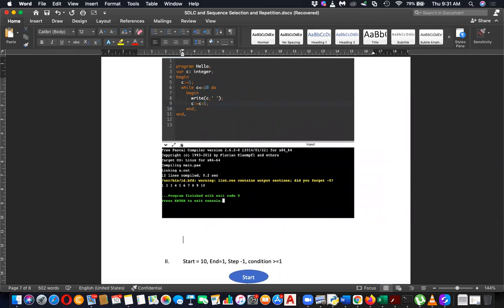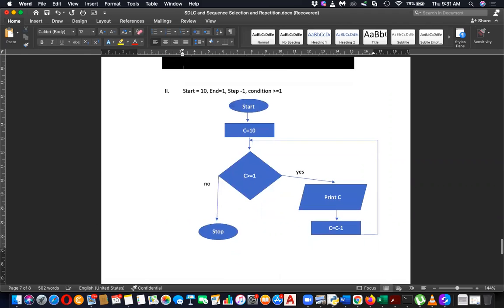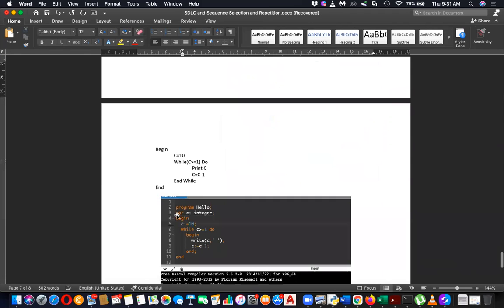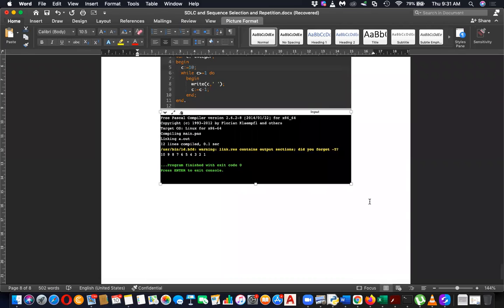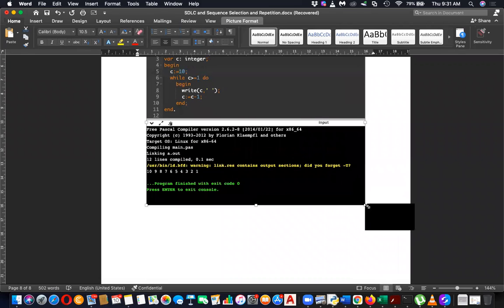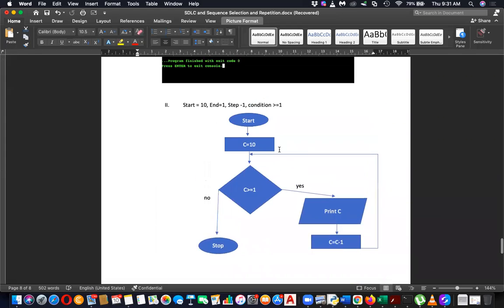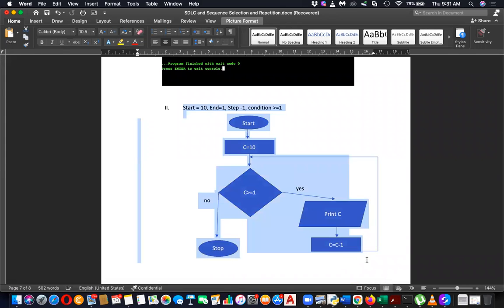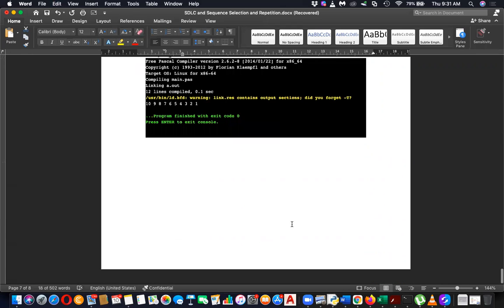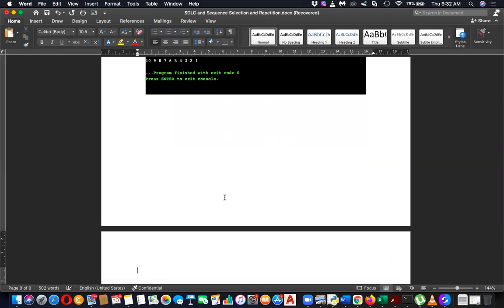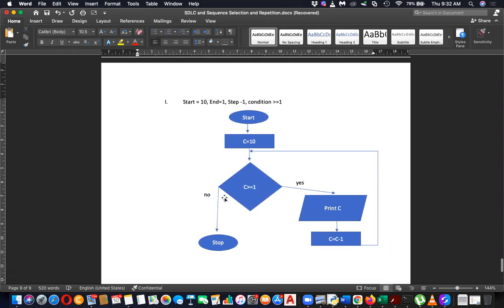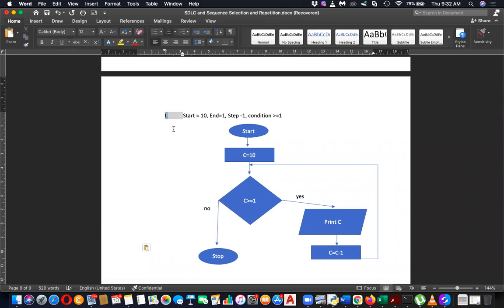Okay, then make room for the second one. Right, then the second one, you know, this is the flow chart and this is the code. So can you tell the third one? So what about the flow chart? It's better to discuss this thing, because otherwise if you have doubts, let's finish discussing these things, no? Okay, sir. Okay, so then the third one,